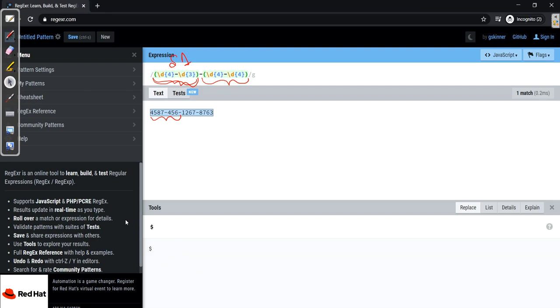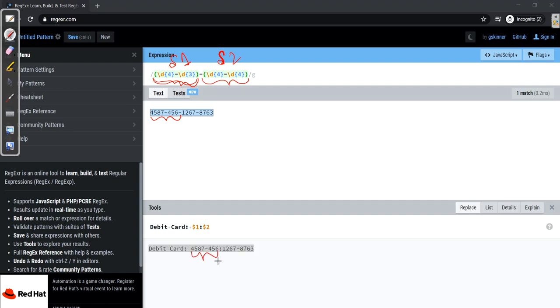Now if I give $2, it is giving the other numbers of the second group. The first group is $1 and $2 is the second group. Now if I need to write here, this is my debit card number, colon $1 colon $2. See, it's taking it. Here we can replace it as per our wish, where we have this $1 as the first group, and this second dollar as the second group.